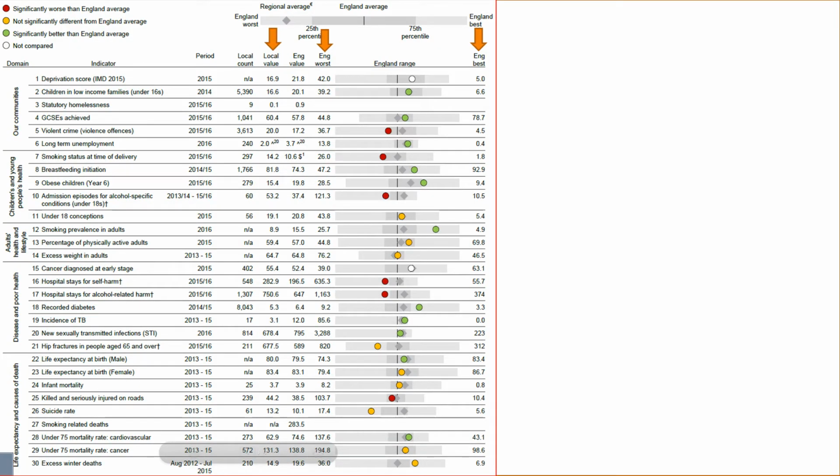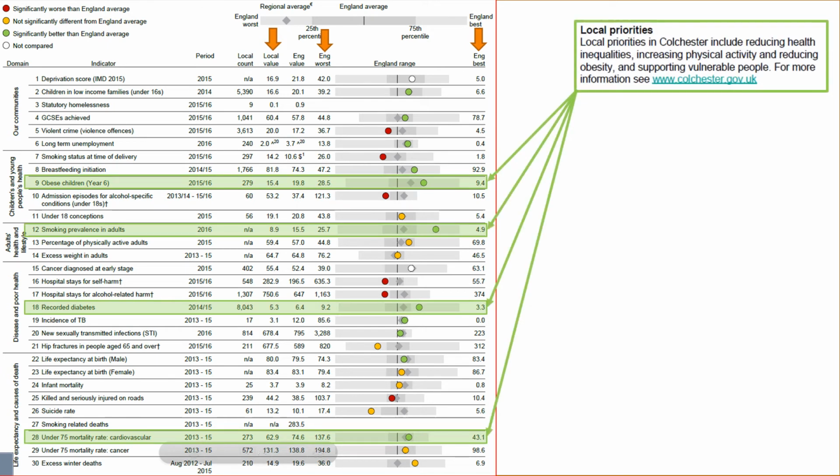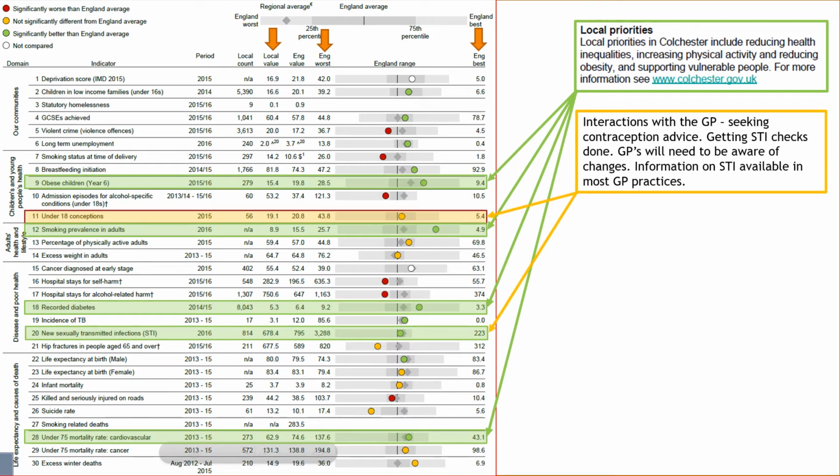Other areas, other things in Colchester, focusing on this health map. Colchester is very good for childhood obesity. In a sense, we have lower levels of obesity. Smoking in adults is not as bad. Recorded diabetes is pretty good. And heart attacks or cardiovascular issues and deaths of under 75s were pretty good. So these were all priorities on that previous slide for Colchester to improve. Some of the areas we're not too great at: underage conceptions, so underage pregnancies, and maybe thinking